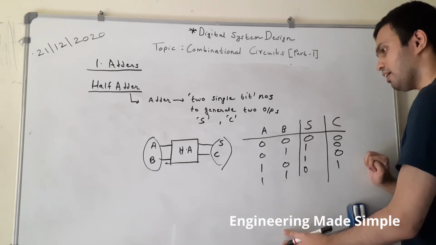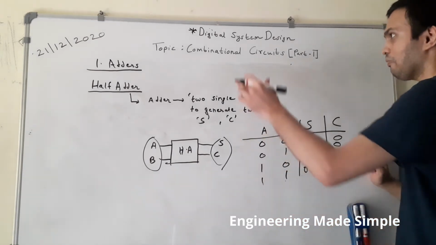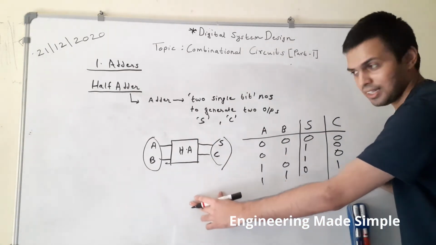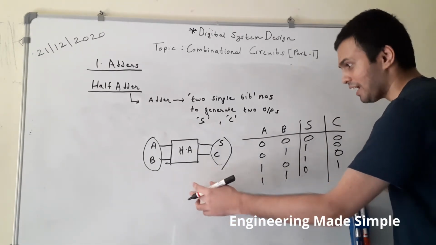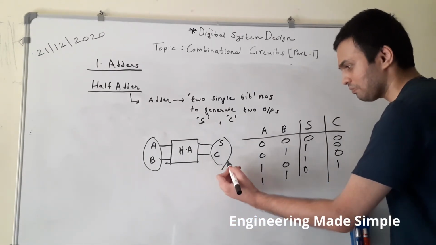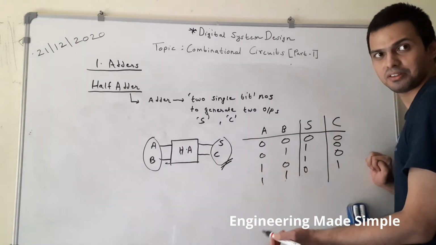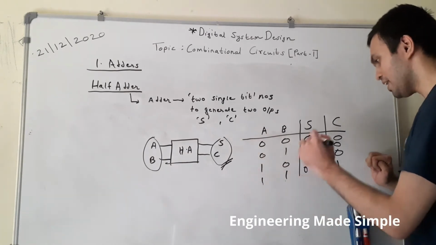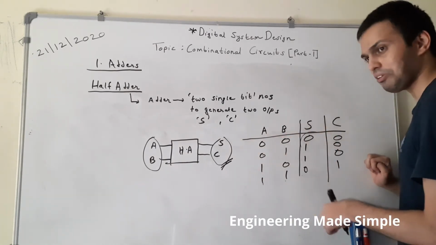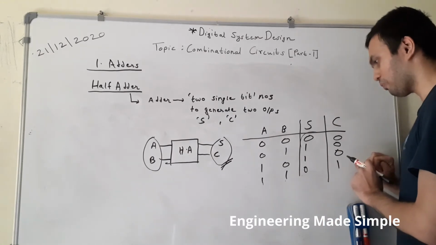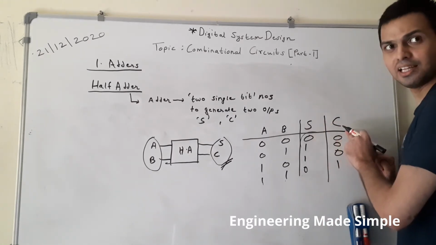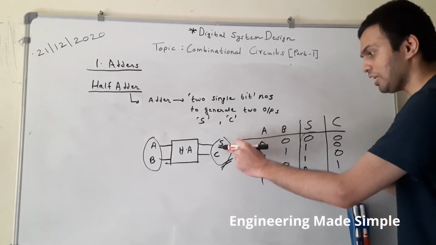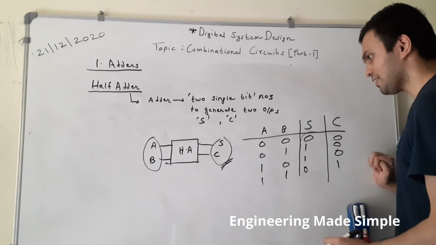So now we want to design a circuit, right? We want a combinational circuit for half adder, which will be used in various digital systems. As you know, an adder is a very basic circuit in your digital computers. So now we want to find its Boolean equation for sum and carry outputs. Now how will you find the output? You have a truth table. Now we want to solve for outputs, both sum and carry. So for that we will use the K-map reduction technique in order to obtain the equations for sum and carry. Now let us start doing that.